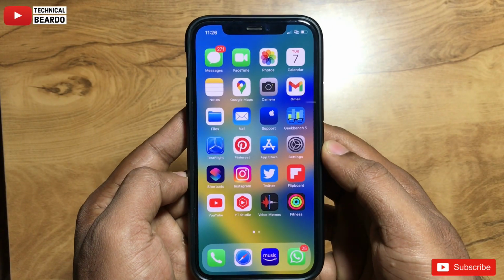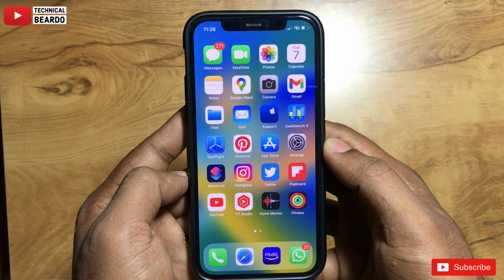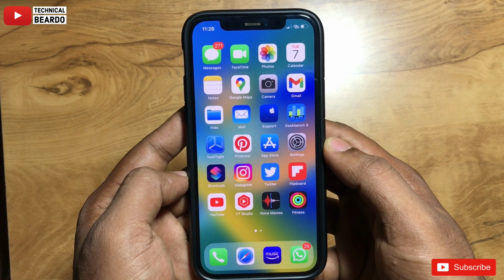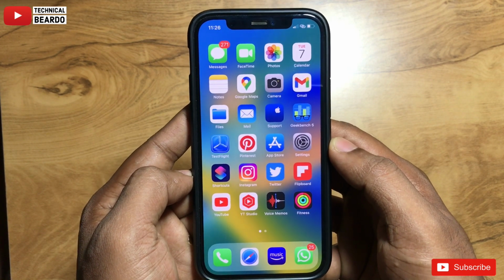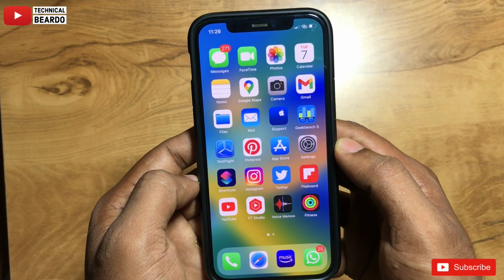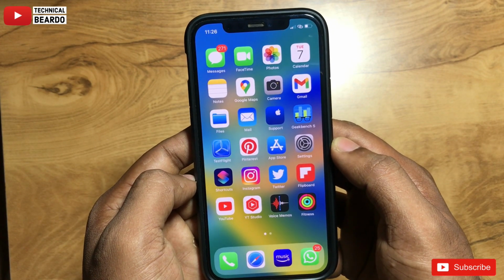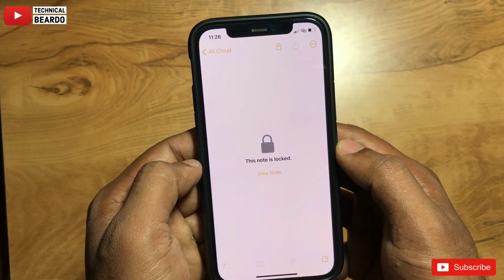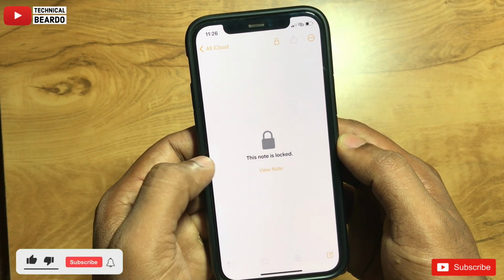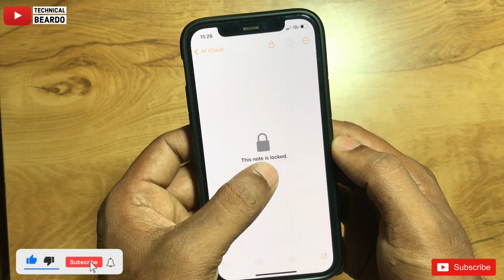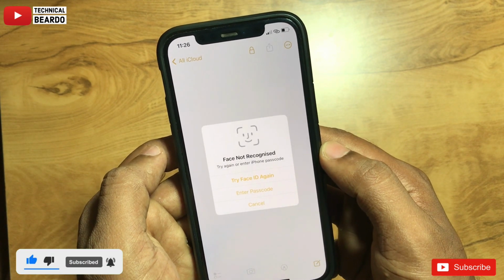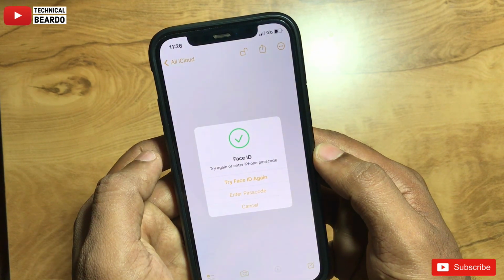Next we'll talk about your Face ID authentication. There are multiple applications or privacy settings which require our Face ID authentication, right? There's a new setting called Haptic for Face ID authentication. Whenever you use your Face ID for authentication in any application, your device will vibrate. You will feel a haptic on your device. That means that Face ID is authenticated on your iPhone.